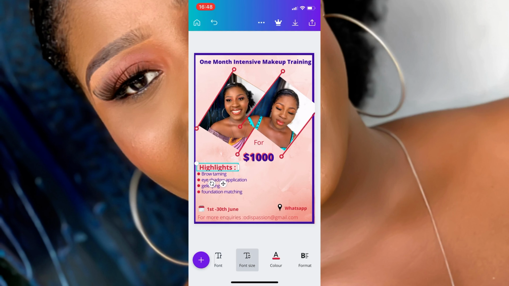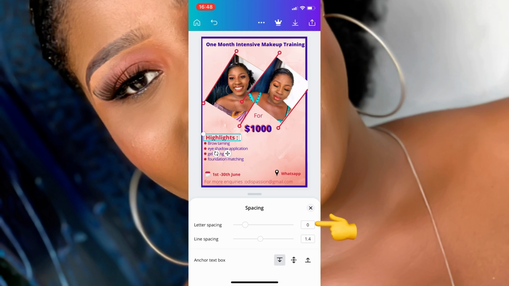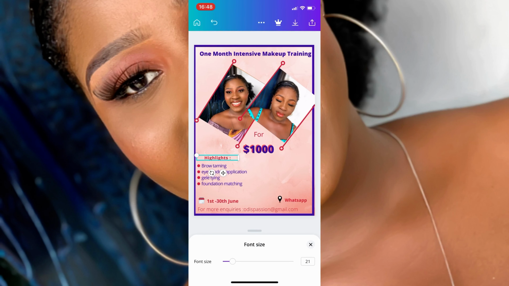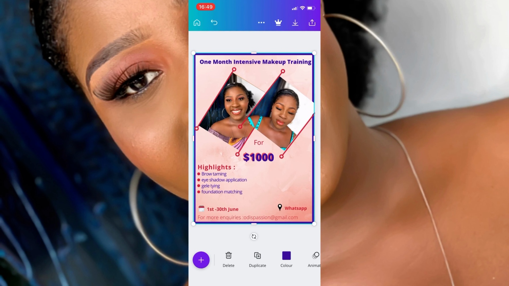So I'll click on that highlight and I'll go to spacing, and I want to space out the letters. Yeah, I want to space out the letters, so I just drag it to the right and the letters start spacing out themselves, and I think I'm okay with that. So I'm going to just also reduce the font size, and that's okay. And for that date there, I didn't add a year, so I'll go back and add the year for the